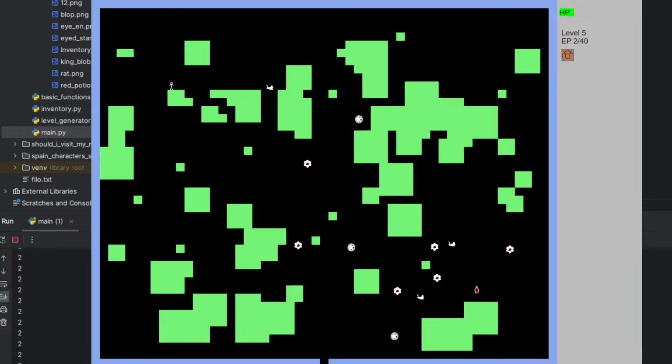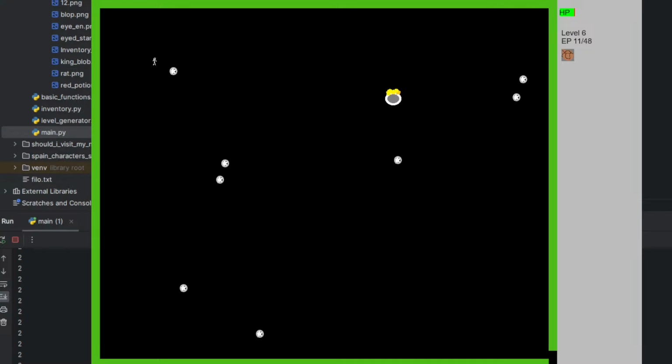Okay, I'm still level 5. Oh, I guess I need to be greater than level 5. Let's try this. Here we go, so level boss room.